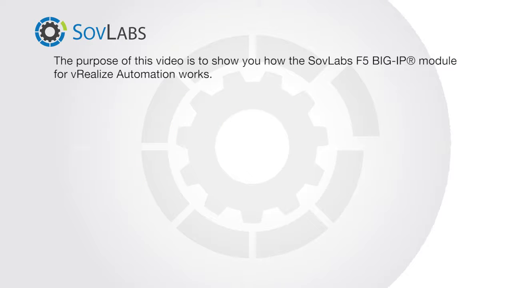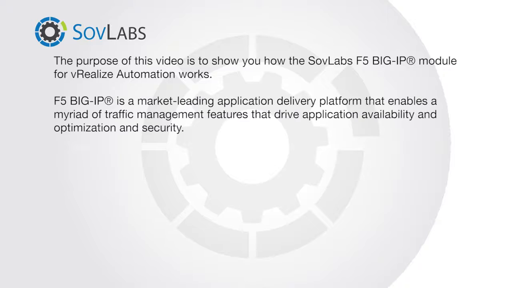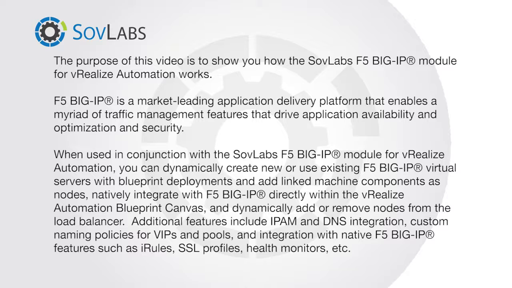The purpose of this video is to show you how the SovLabs F5 BIG-IP module for vRealize Automation works. F5 BIG-IP is a market-leading application delivery platform that enables a myriad of traffic management features that drive application availability and optimization and security. When used in conjunction with the SovLabs F5 BIG-IP module for vRealize Automation, you can dynamically create new or use existing F5 BIG-IP virtual servers with blueprint deployments and add linked machine components as nodes,